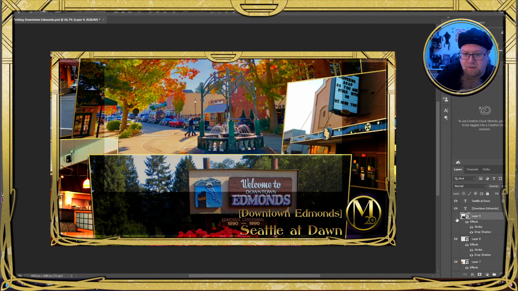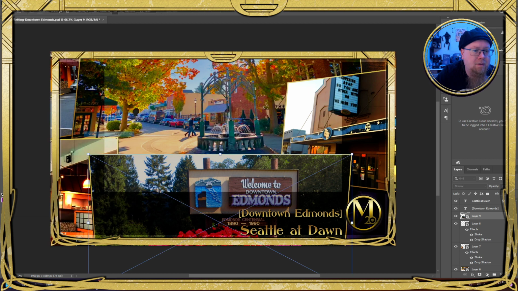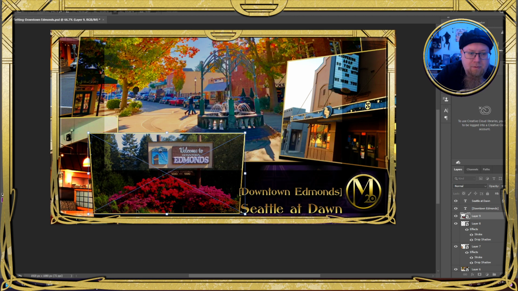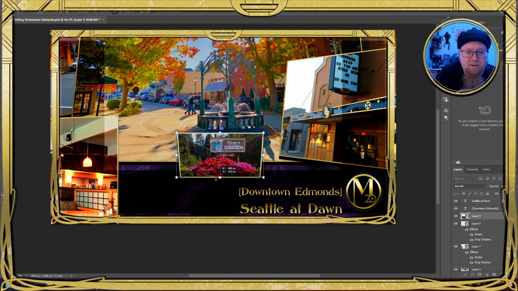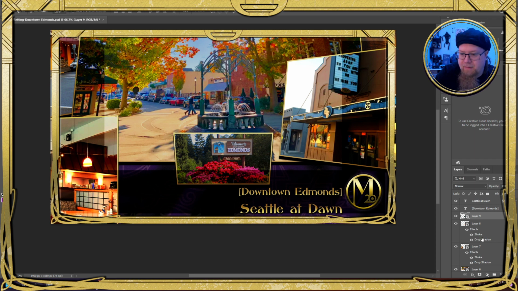Let's grab the one at the front, and we're going to scale it down here. Oops. If you scale from the center like that, there we go. We can find the center of the page. And I like that right there.